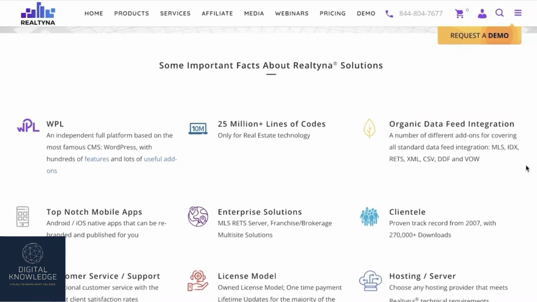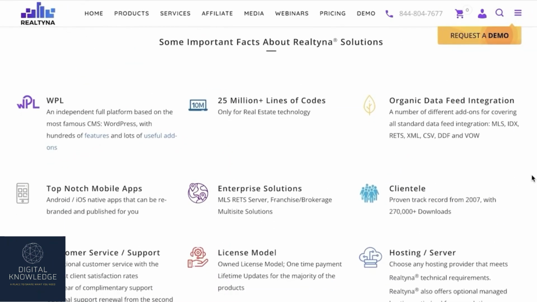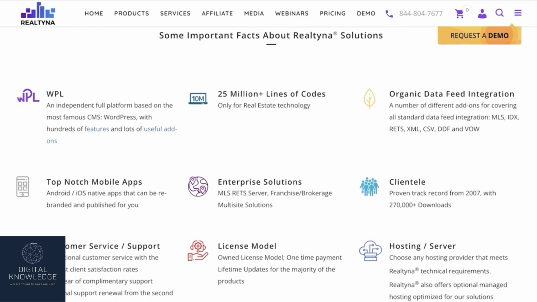It is super helpful. It is going to provide you with a simple add-on feature that is going to simplify the entire listing process. You can add realtors, listings, sales managers, all of that good stuff simply with the Realtina